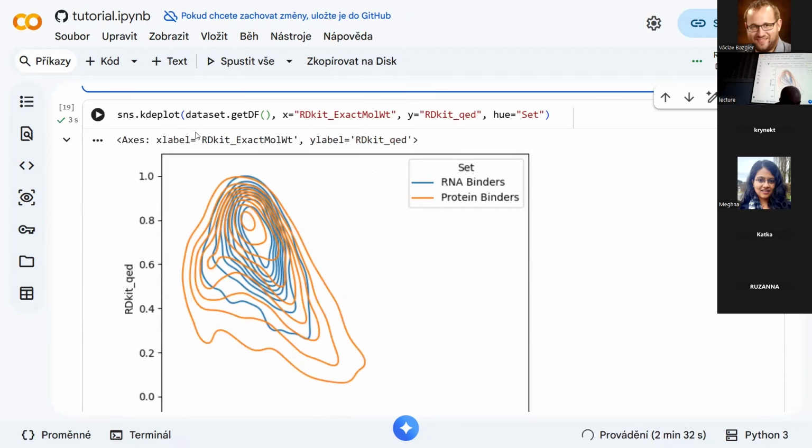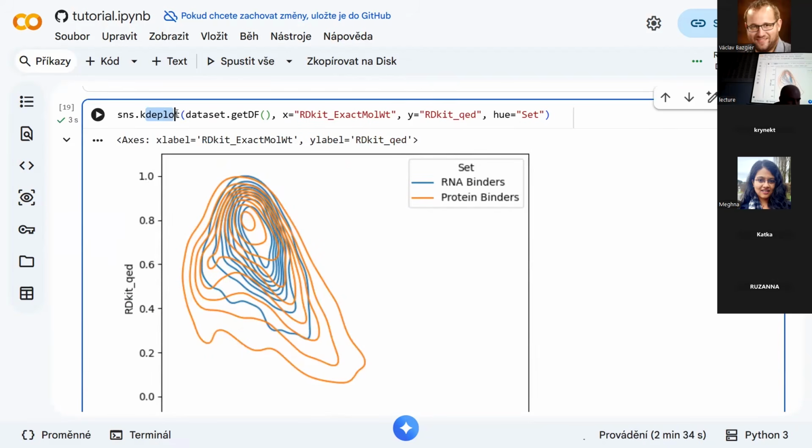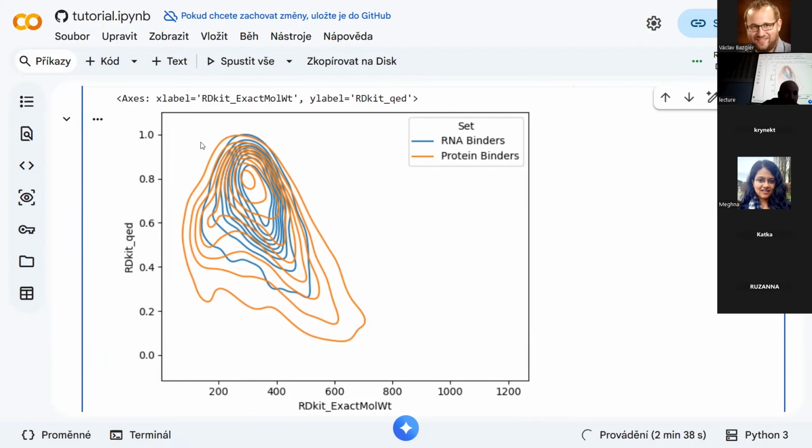You can also enhance this visualization with this density plot. So probably you know how to read a map. If you have a hill, you have these equidistant lines. I don't know how they're called, but basically the line means that it's at the same height. So here it denotes that the higher the hill, the higher the density of the